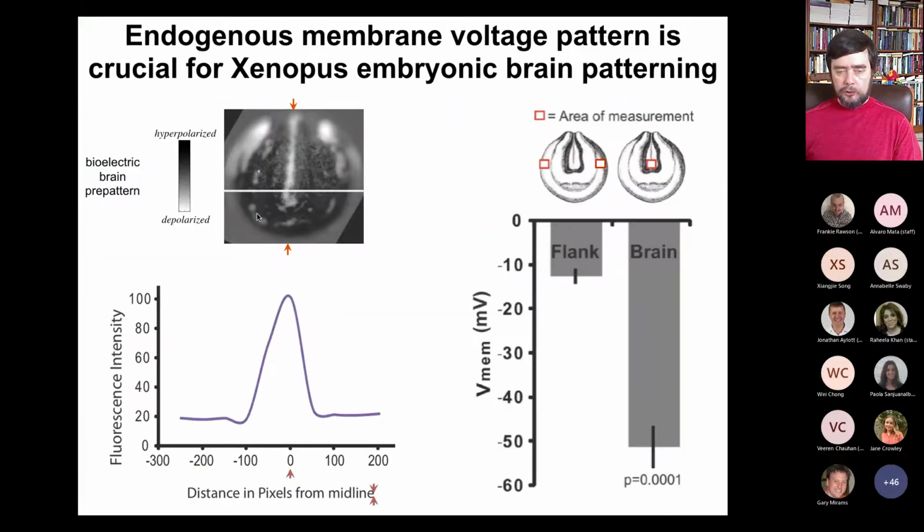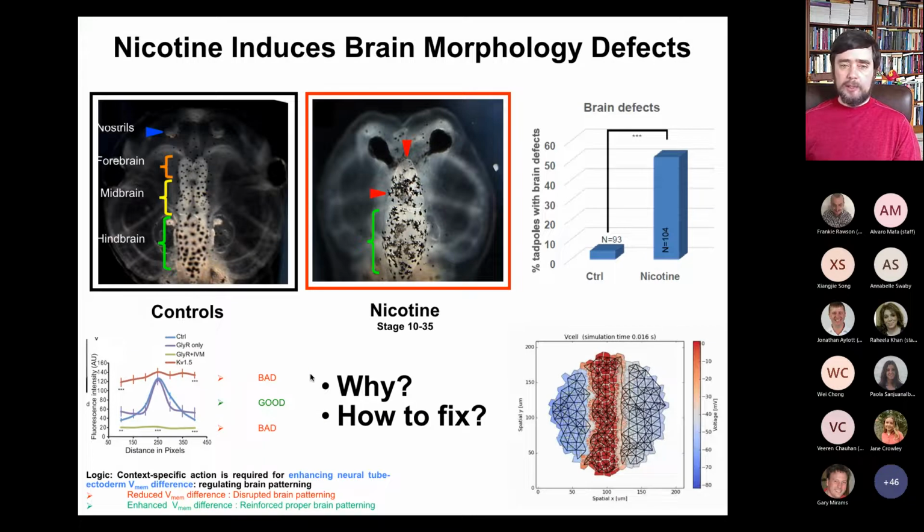So you can also use this to repair very specific birth defects. So this is a bioelectrical pre-pattern of the early brain. This tells the animal how big and what the shape of the early brain should be, and it has this very characteristic kind of bell curve pattern. And what happens is that there are many teratogens that mess up that pattern. So basically, nicotine, alcohol, all kinds of mutations, many things that give brain damage, in fact, do it by turning this nice bell-shaped curve into a flat line, either hyperpolarized or depolarized, but you lose this very specific shape to